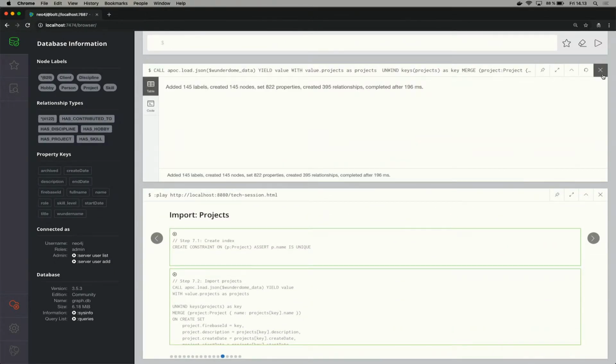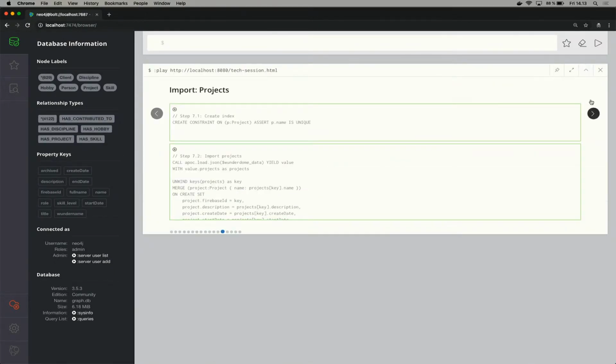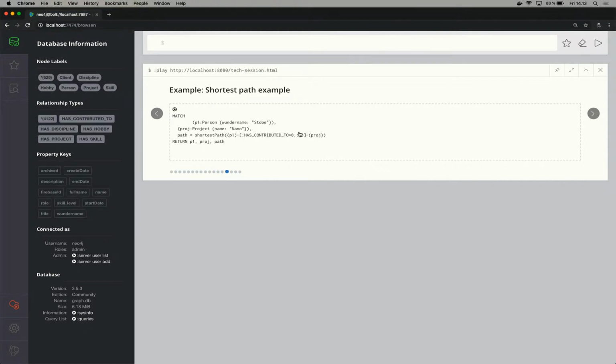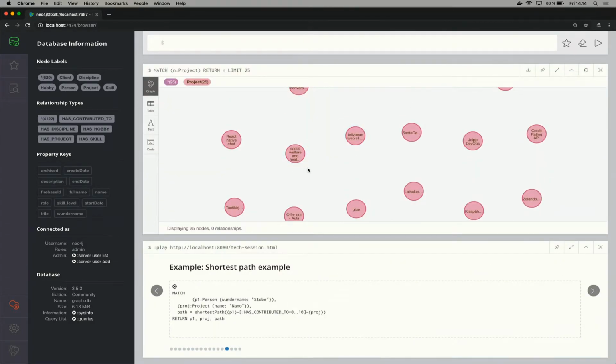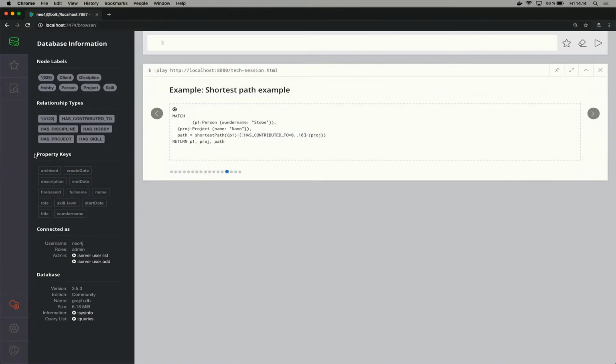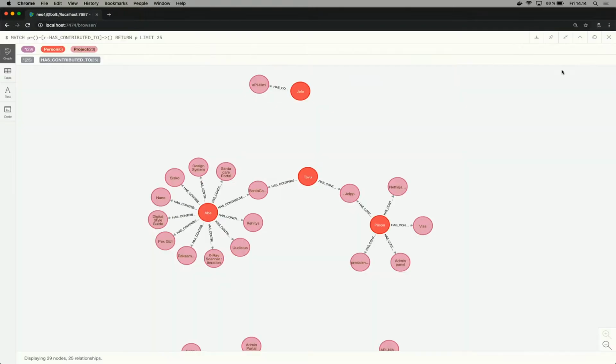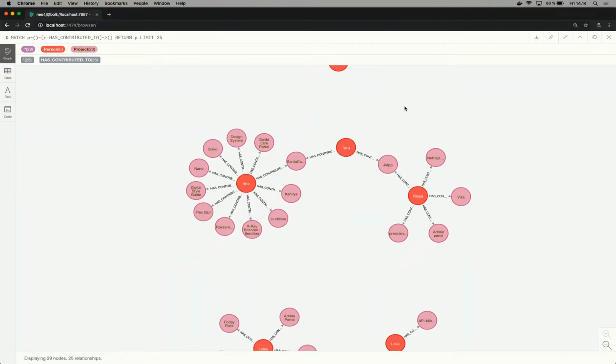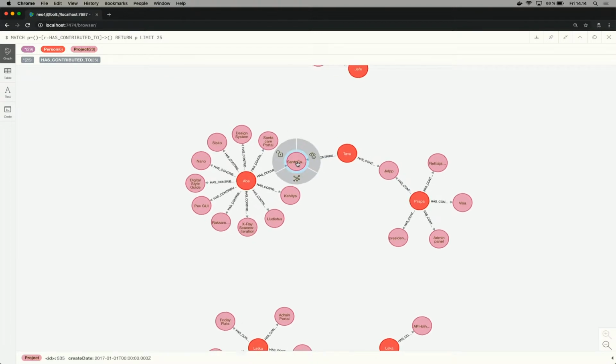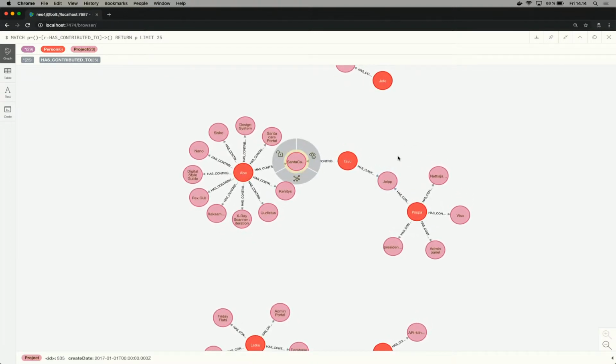And now we can actually show. Then we have this kind of label, has contributed to. As you can see, here are some projects, and we can see that Tavu has contributed to